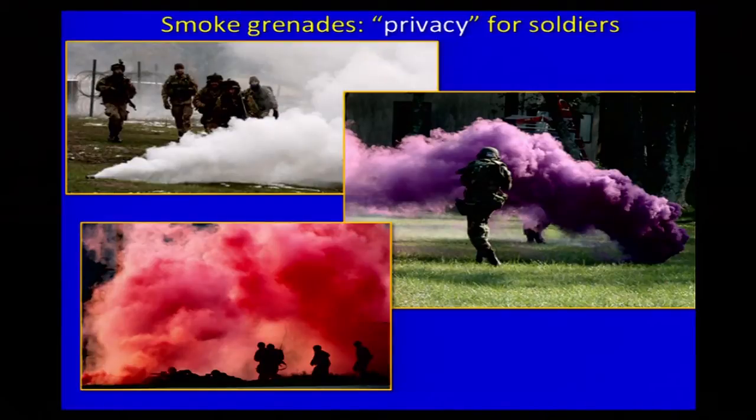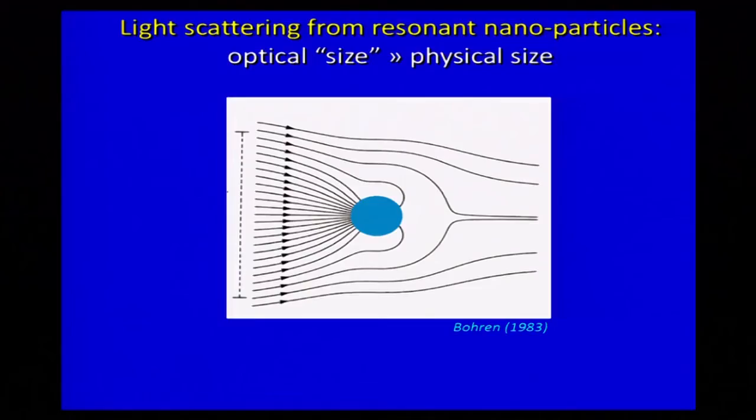So when you think about what is an optimal smoke grenade, you would want a smoke grenade to be as small as possible and as light as possible, so the soldier doesn't have to carry much weight. But when it explodes, it makes as big a cloud as possible over as wide a range of wavelengths as possible. It turns out that is a perfect application for nanophotonics because, for example, it's well known that when you have